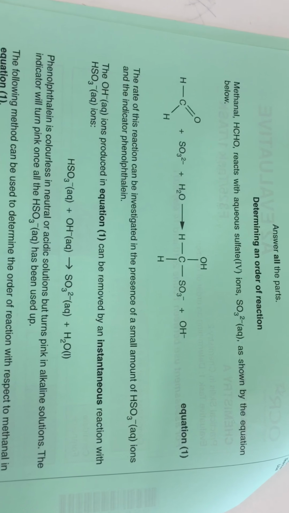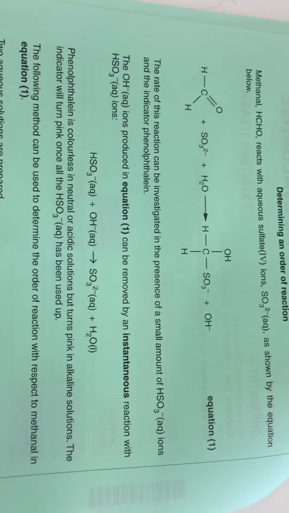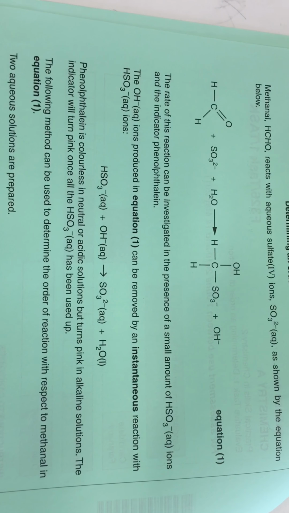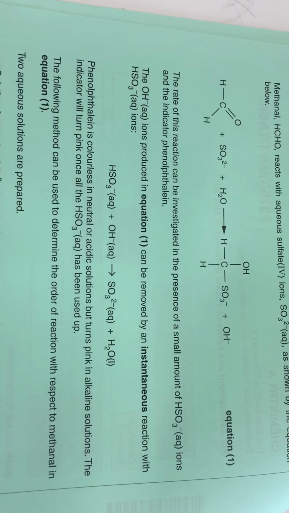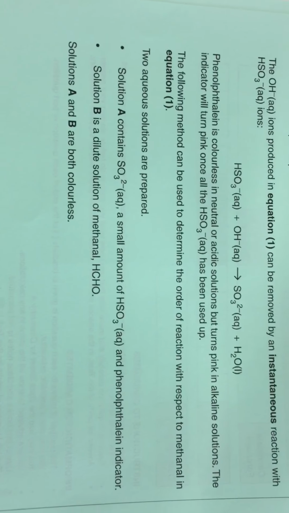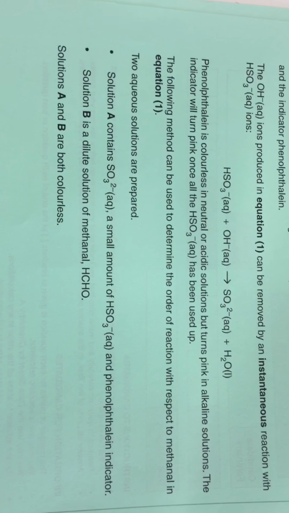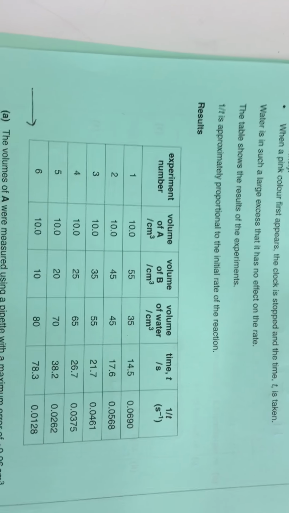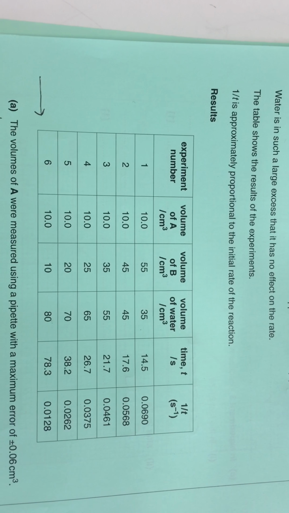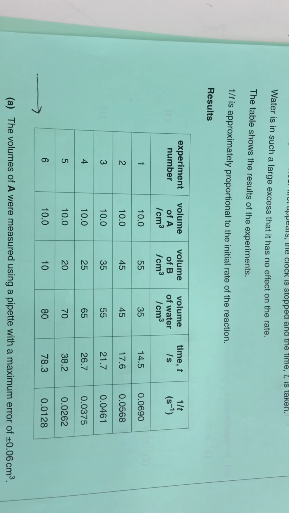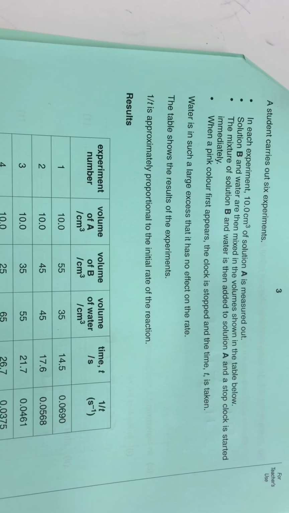You can see that there are two equations, equation 1 and the second equation, which is instantaneous, that immediately follows equation 1 once you've had your hydroxide ions produced. The other thing to recognise are the two solutions that are prepared and the things that they contain. And finally, you need to be aware of all of the information that's presented to you. That includes the data from experiments with volumes and T and 1 over T, and also the quantities that are